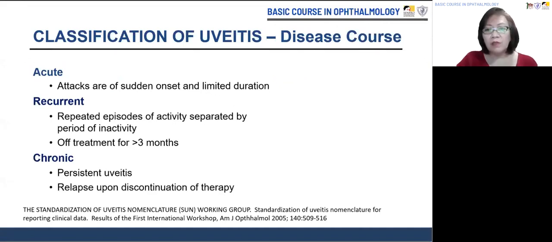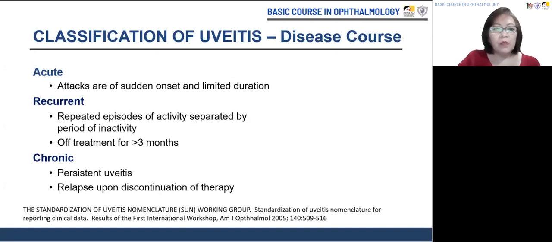Additional descriptors on the course of disease are also used. Active uveitis are those entities where attacks are of sudden onset and limited duration. For a condition to be labeled recurrent, the eye should have been quiet for at least 3 months off all therapy. If patients relapse or go into activity every time you try to discontinue their therapy, that is, you cannot